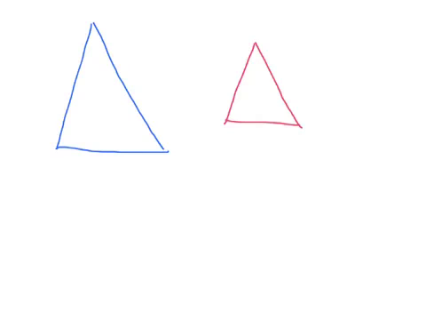So if I have this and this, where this is 12, 10, 11, let's say, and this is 6, 5,